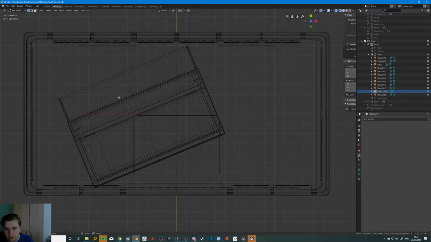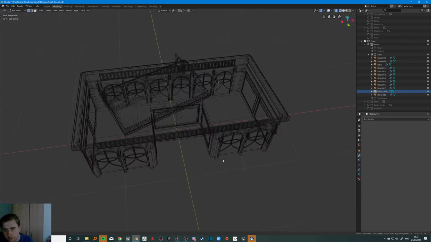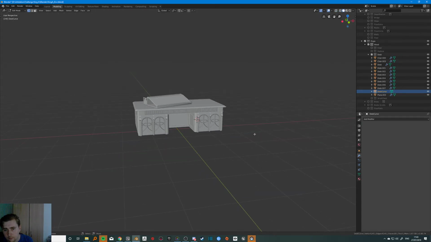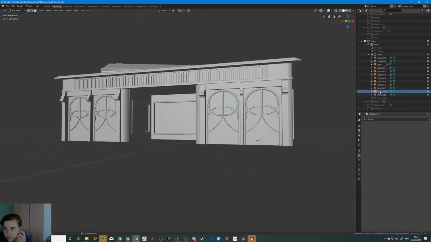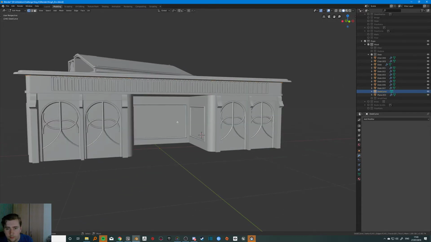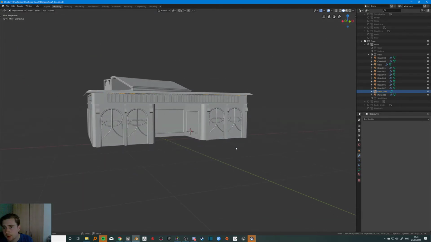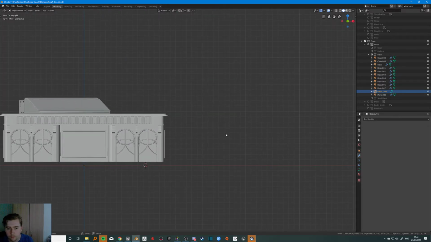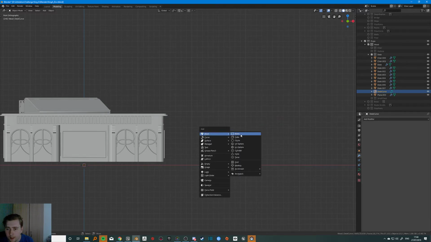Let's get those vertices and bevel the vertices a little bit. Desk curve. Oop. Back to a curve, and then I'm going to put the cursor back to world origin